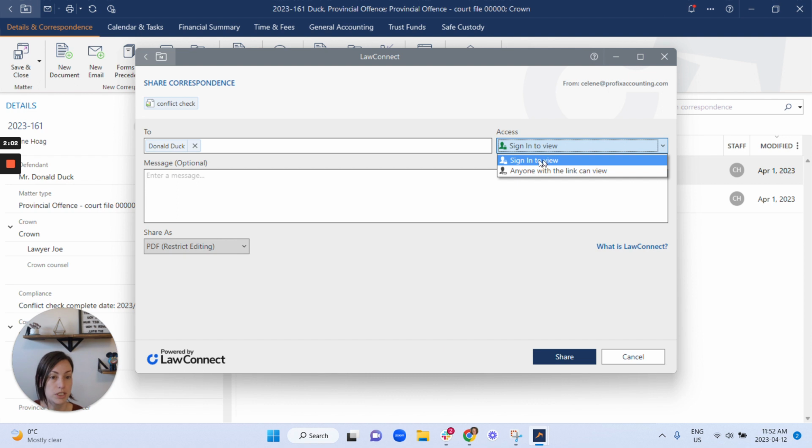For access, you can choose either sign in to view, which is the most secure, and clients can come back again and again and see all their documents related to the matter in one place, or you can choose anyone with a link can view. It's pretty easy for people to sign in, or to simply create an account. So usually I recommend sign in to view for the most secure, especially if you're sending things like trust statements and invoices. Then you can put in some sort of message like,